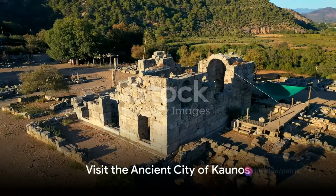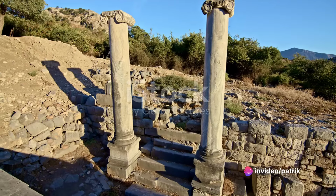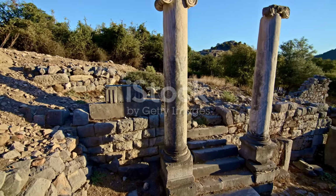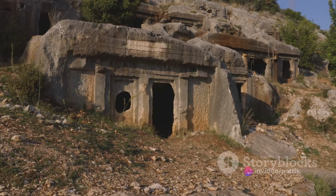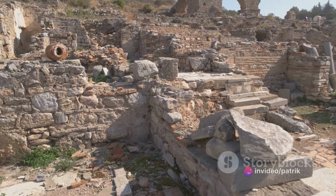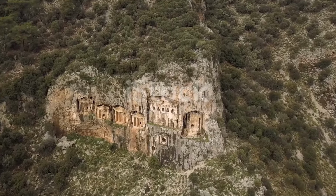At number 9, step back in time with a visit to the ancient city of Kaunos. This captivating archaeological site, nestled between the Aegean and Mediterranean seas, breathes life into the pages of history. Imagine the grandeur of this city in its heyday, a bustling center of trade and culture, as you wander through its striking ruins. Here, you'll encounter remnants of a once vibrant civilization, from the well-preserved theater that hosted dramatic performances